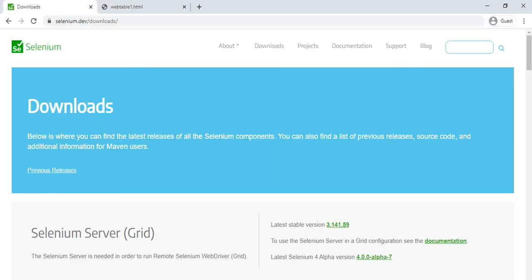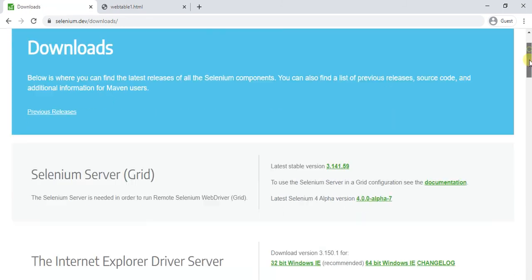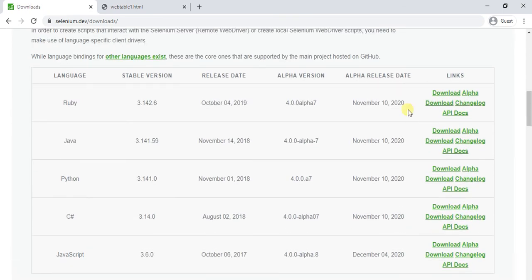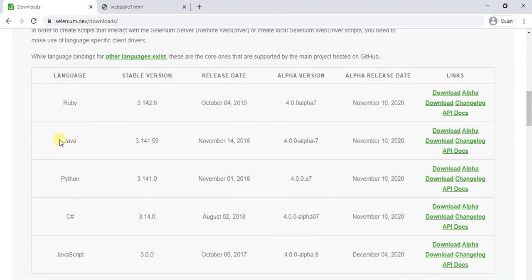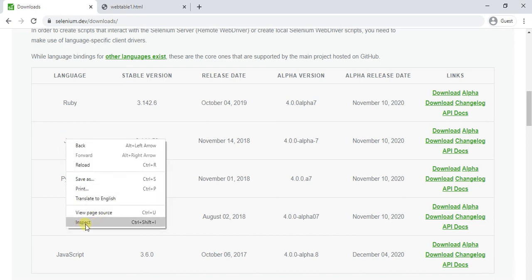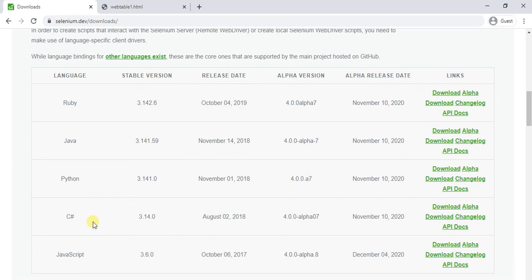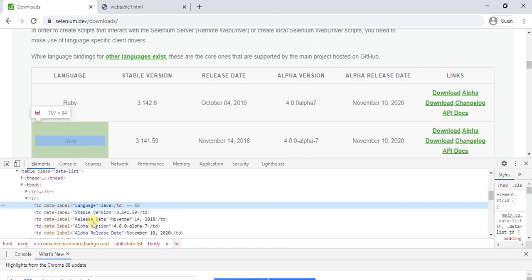Here I go to the download option. You will find one table over here. This is the table. I want to identify the Java XPath. That means I have to right click on it and then go to inspect element. So here I have the Java element.